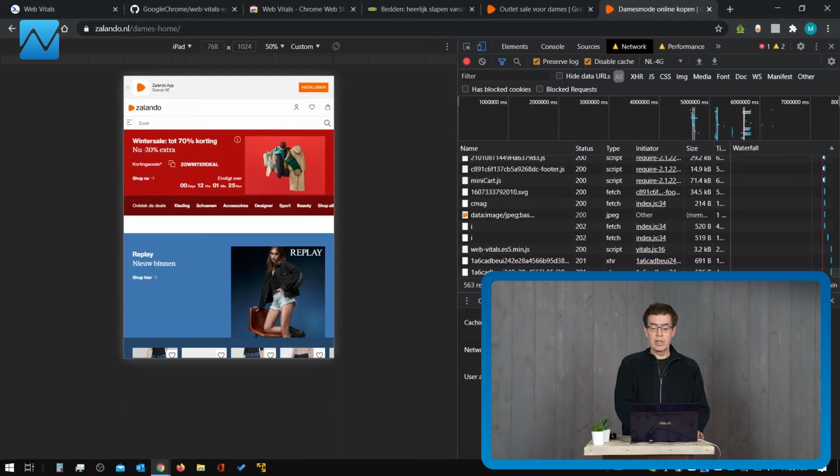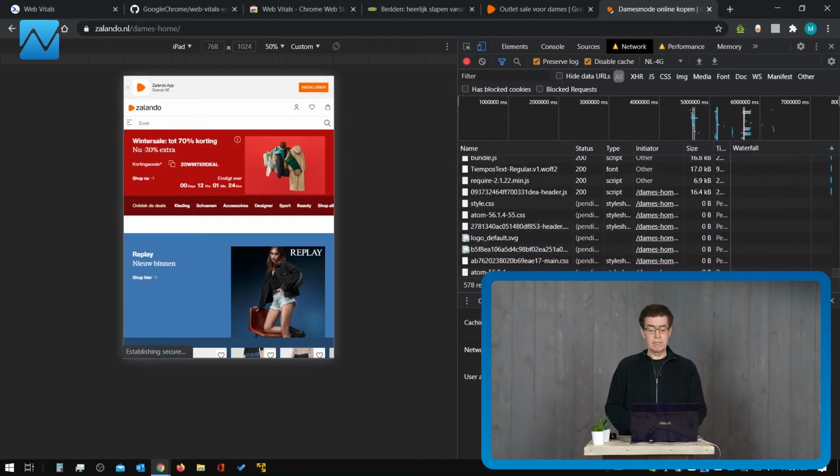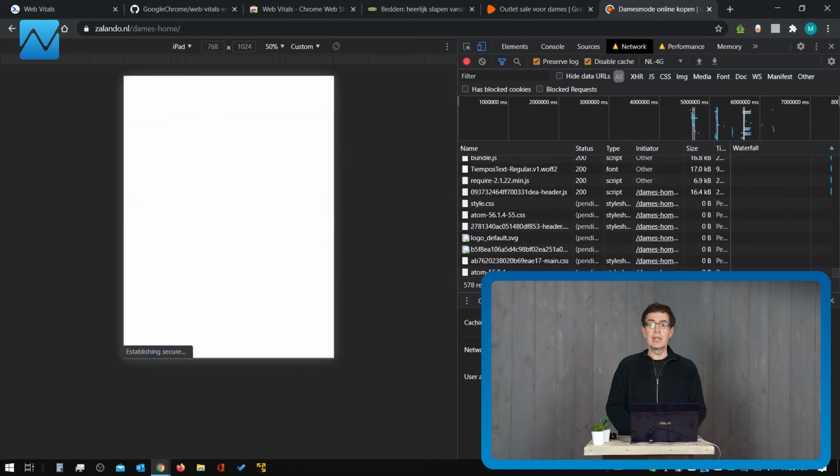Everything else is the same. Control-R, it will reload, and the Core Web Vitals plugin will just take its measurements in the background just like it did on the first two pages. The only thing is, because we're simulating 4G now, we'll have to wait a little bit longer also for the rendering on an iPad. And while we wait and wait,